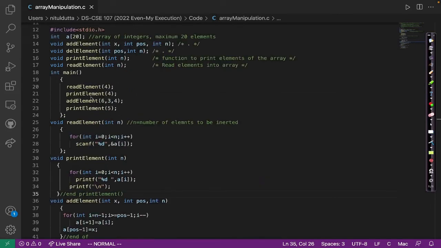Let me execute this code and let's see what happened here. I am giving two statements, one read element statement. The read element statement means I'm telling it to enter four elements here. It will call read element, go here and scan four elements, as we have seen. After that, I wanted to see all the elements that exist in the